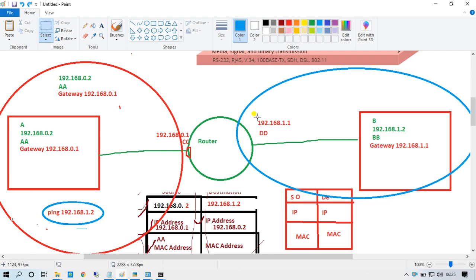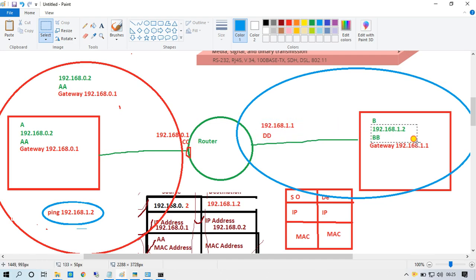After the broadcast MAC, the packet will be forwarded here, and it will check which network it has to communicate from.